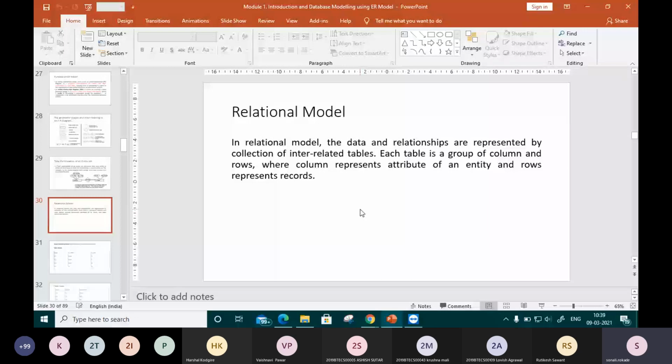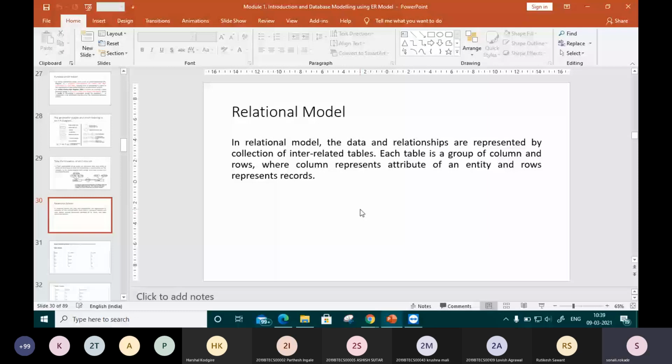So this relational model represents the database as a collection of relations, and a relation is nothing but a table of values. Every row in that table represents a collection of related data, and these rows denote a real world entity or relationship.